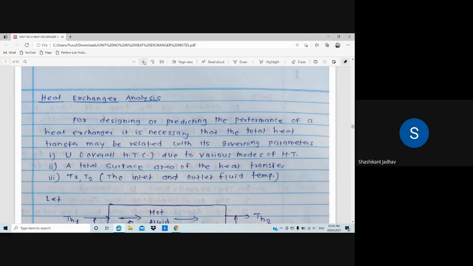Then the third point, that is T1 and T2. Whatever fluids we are using, there is a hot fluid and a cold fluid. What is the inlet temperature of that particular fluid, and what is the outlet temperature of that particular fluid? This parameter is also very important. All of you write down: for designing or predicting the performance of a heat exchanger,